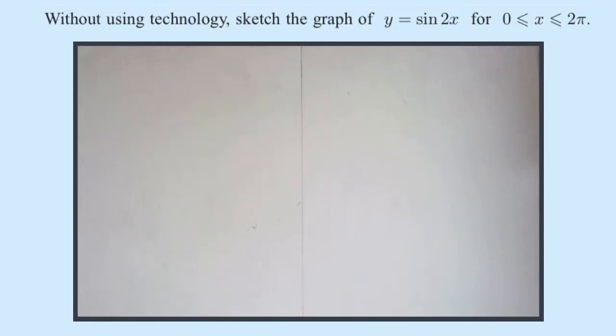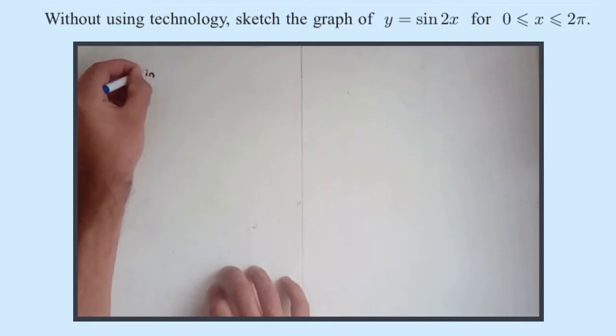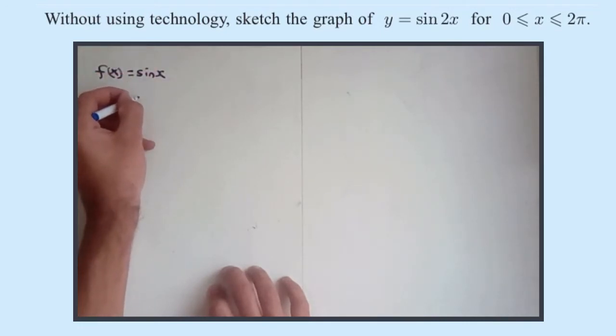Without using technology, sketch the graph of y equals sine 2x for x between 0 and 2 pi. Right, I'm going to give you two ways to think about this. We'll start with thinking of sine x as the parent function, f of x. So say f of x equals sine x, or sine 2x,